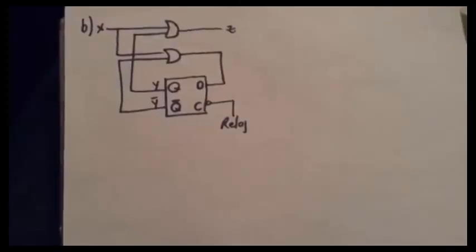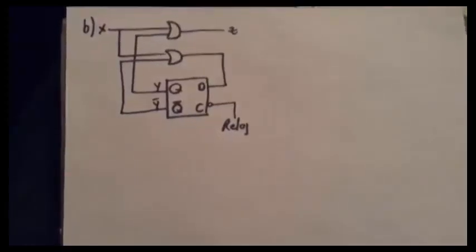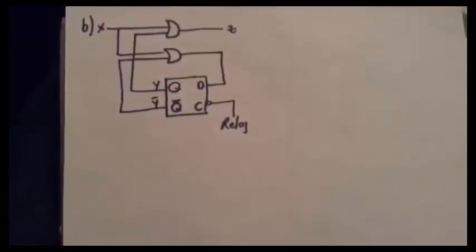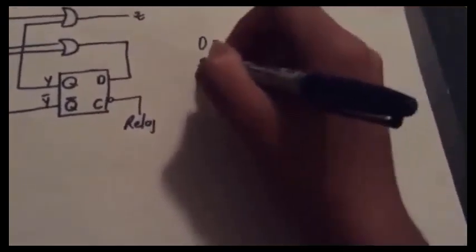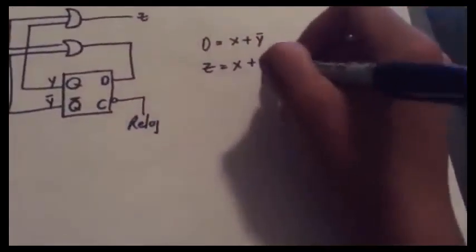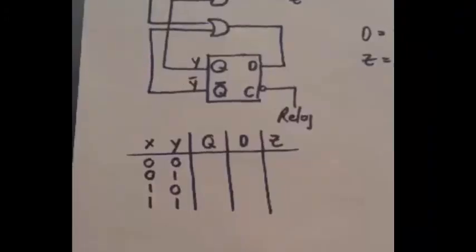So this is problem B of the exercise of sequential circuits. So we can start. We can see that the two conditions that we have are ORs. The first OR depends on x plus y negative, and the other one depends on the x and y. And then with this we can do the truth table,